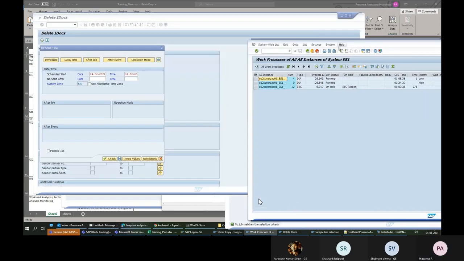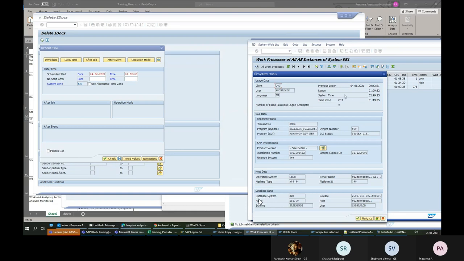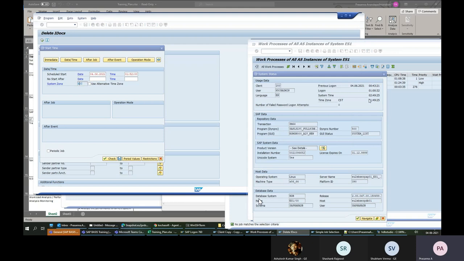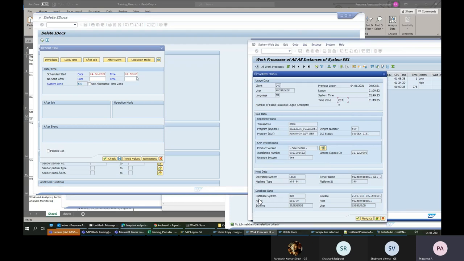Okay, system time is now 2:49. I think the logon is using CST, a different time zone, and the system is using a different time zone. That's the reason. So now the system time is 2:49, so I'll schedule it for 2:51.